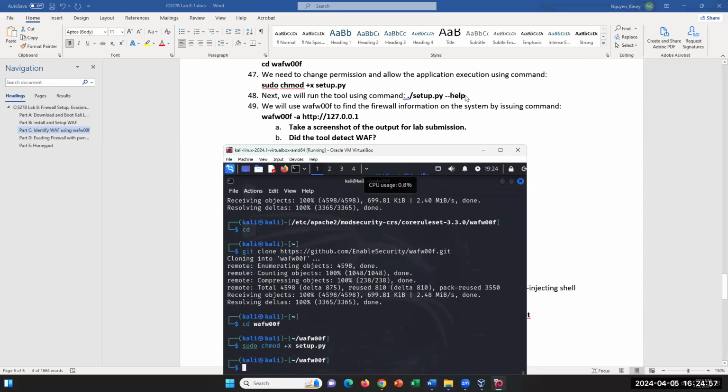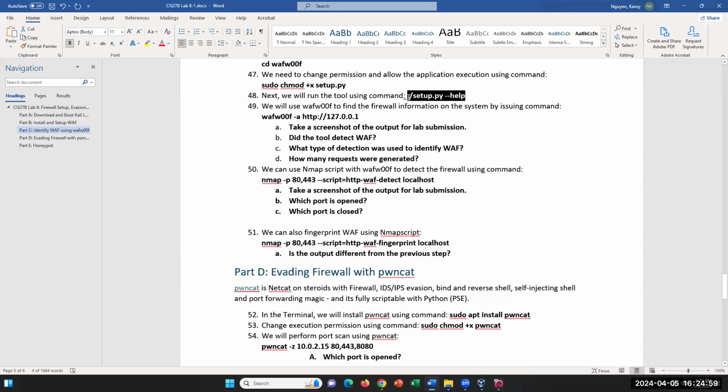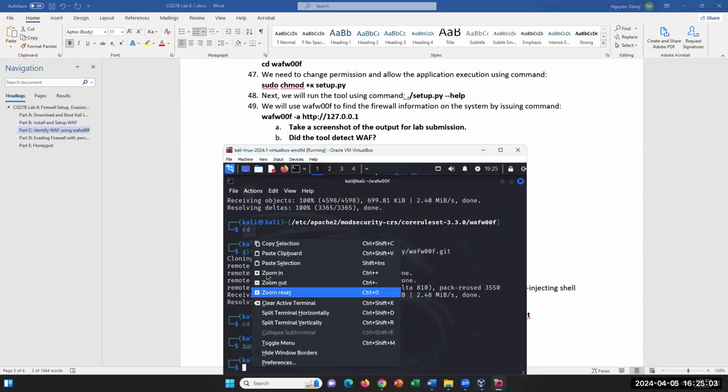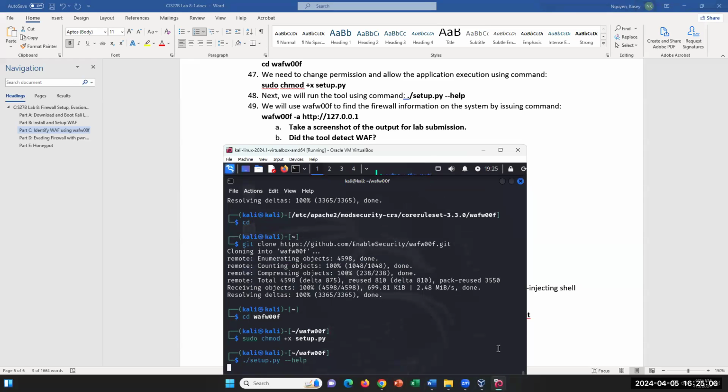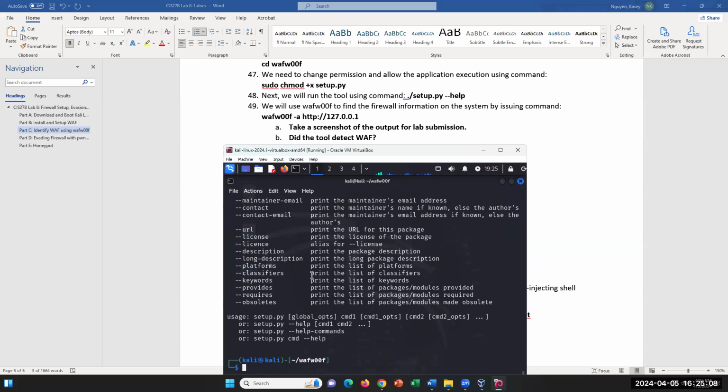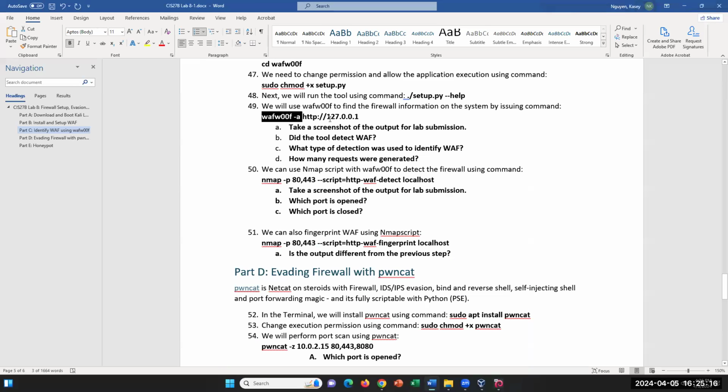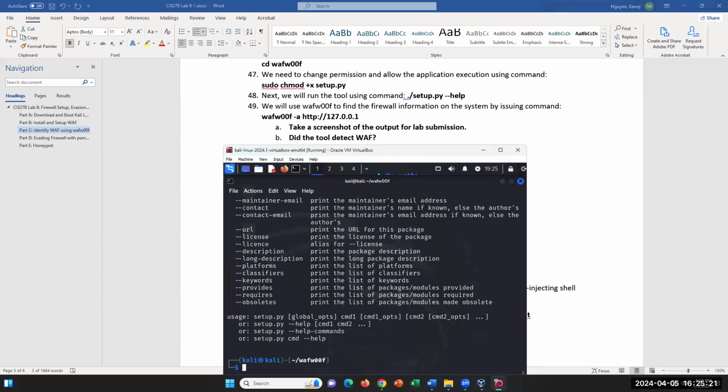And then after that, we're going to run the setup and access the help option. So it gives you the details on how you can also run setup with other options. Then what we're going to do is we're going to run the application,